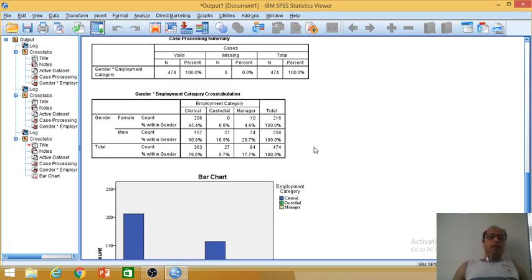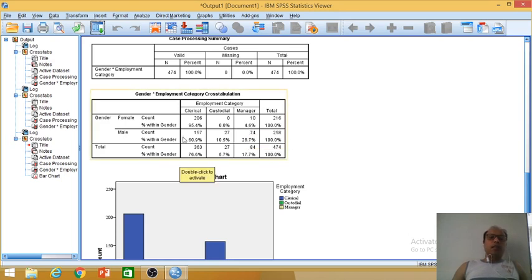So in a way, we can interpret this table as if you are female, there is a 4.6% chance to become a manager, whereas if you are a male, there is a 28.7% chance of becoming a manager. So the probability of becoming a manager is higher among the male as compared to female.